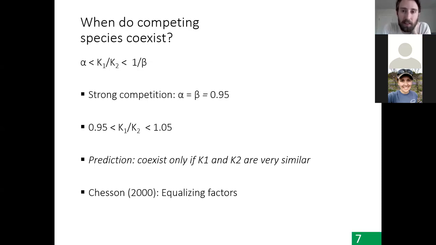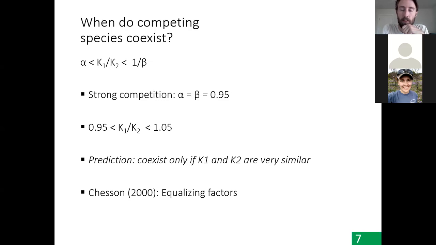1. So Peter Chesson called anything that makes these species' carrying capacities more equivalent to each other equalizing factors. And so the two kinds of things that control whether species that are competing coexist with each other are the equalizing factors and the stabilizing factors. And there are two pretty different kinds of forces. The equalizing factors are saying, okay, these species are similar to each other in terms of their carrying capacities. What is their final population size when they're growing alone in their environment? And so the equalizing factors are something that the species have in common with each other,